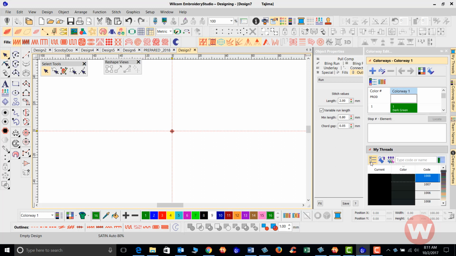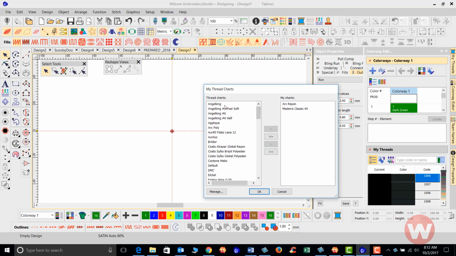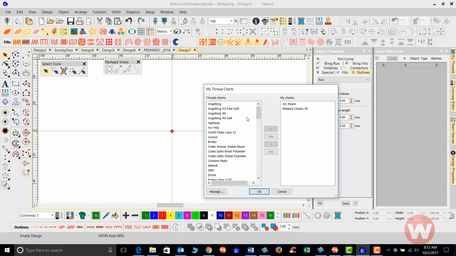Now here, once I click on my threads, it's going to display my thread charts. I can choose from one or multiple thread charts that I use in my system. If I don't need to use one, I can just select it here and move it back over to the thread charts here. And on my charts as well, I'm going to have the Madeira Classic 40,